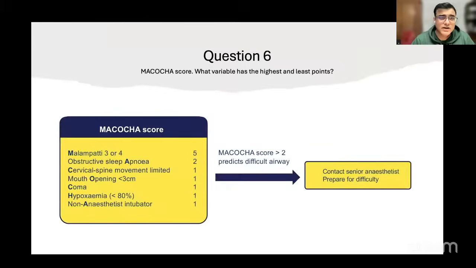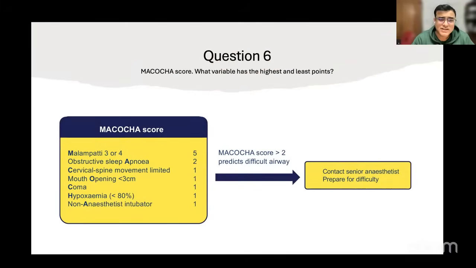Okay. And the question some people had recalled was about the Mackoka score, and some people asked which variable had the lowest point, or which variable had the highest point. So I wasn't very sure what the question was. I have added the image of the Mackoka score, basically for expecting difficult intubation, so difficult airway. The highest point is given to Mallampati 3 or 4,